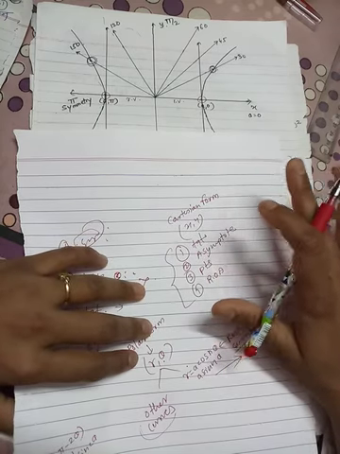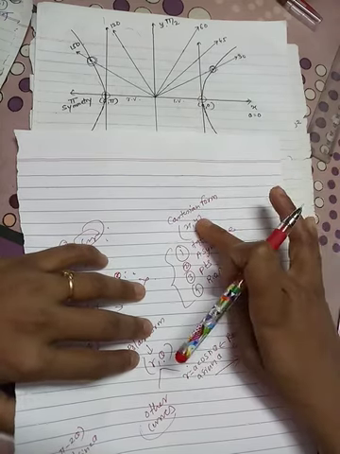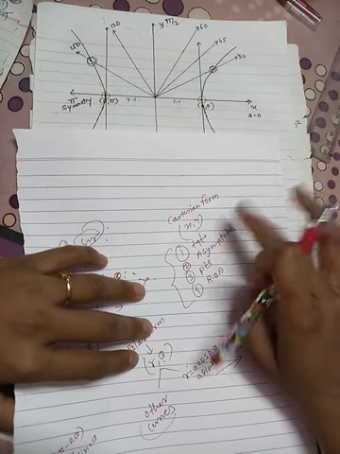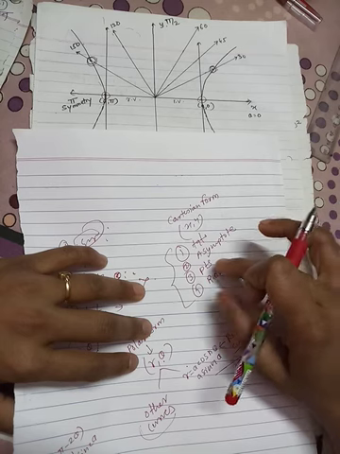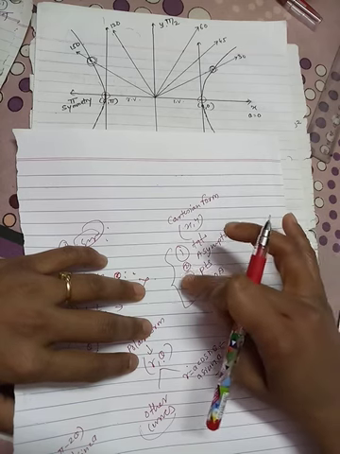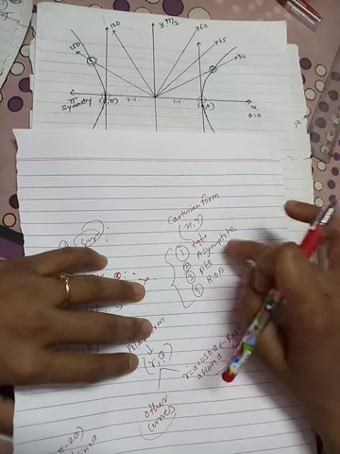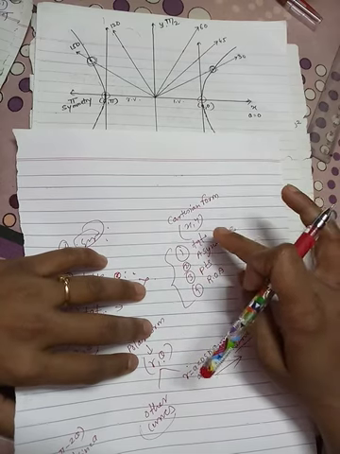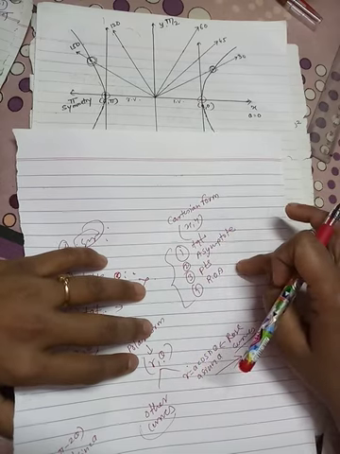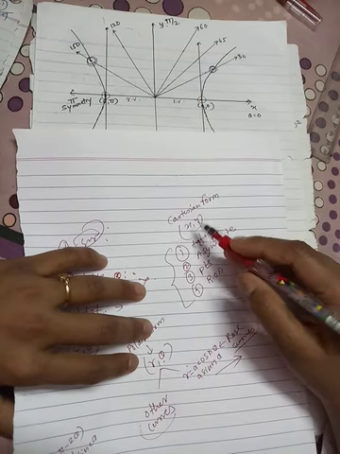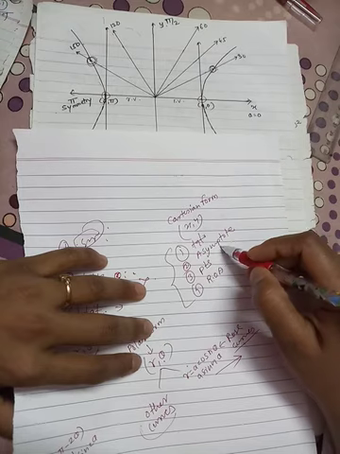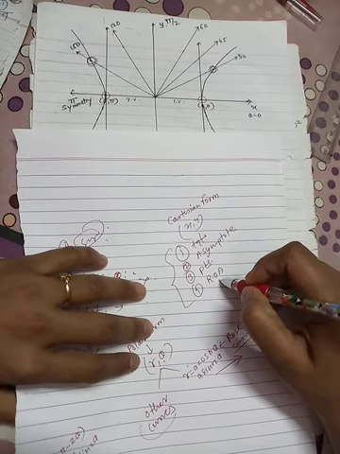The rest of the points are for nominal, that is symmetry, curve passing through pole or not. So these are the extra points. After drawing that curve, we just have to check these conditions: symmetry, whether the curve is passing through the origin or not. So in Cartesian form these points are important: tangent, asymptote, points of intersection, and region of absence.